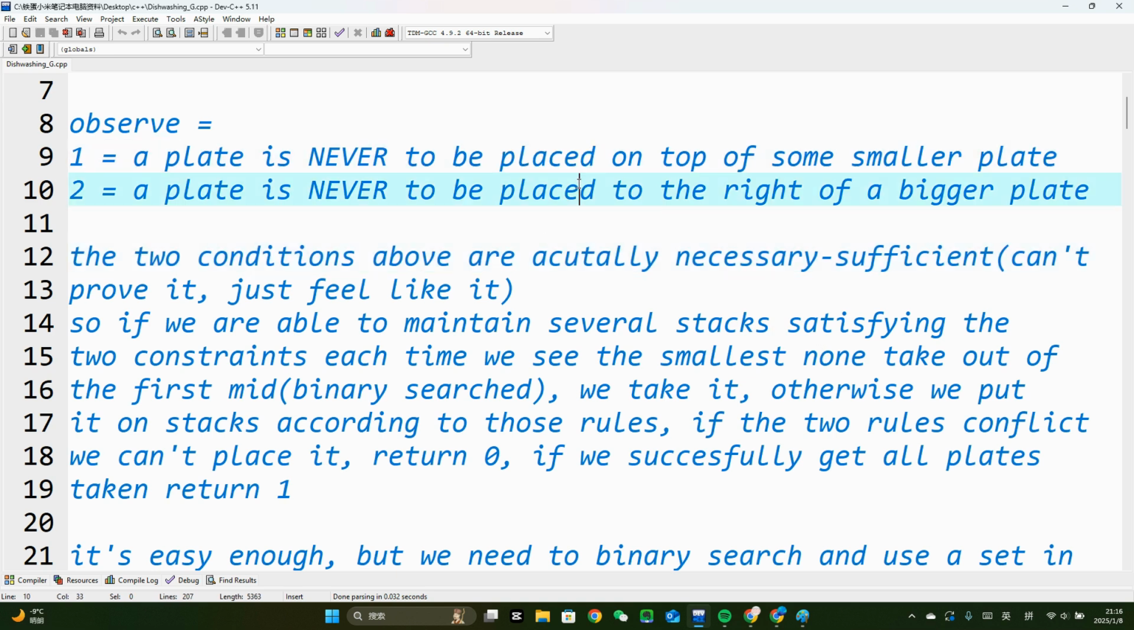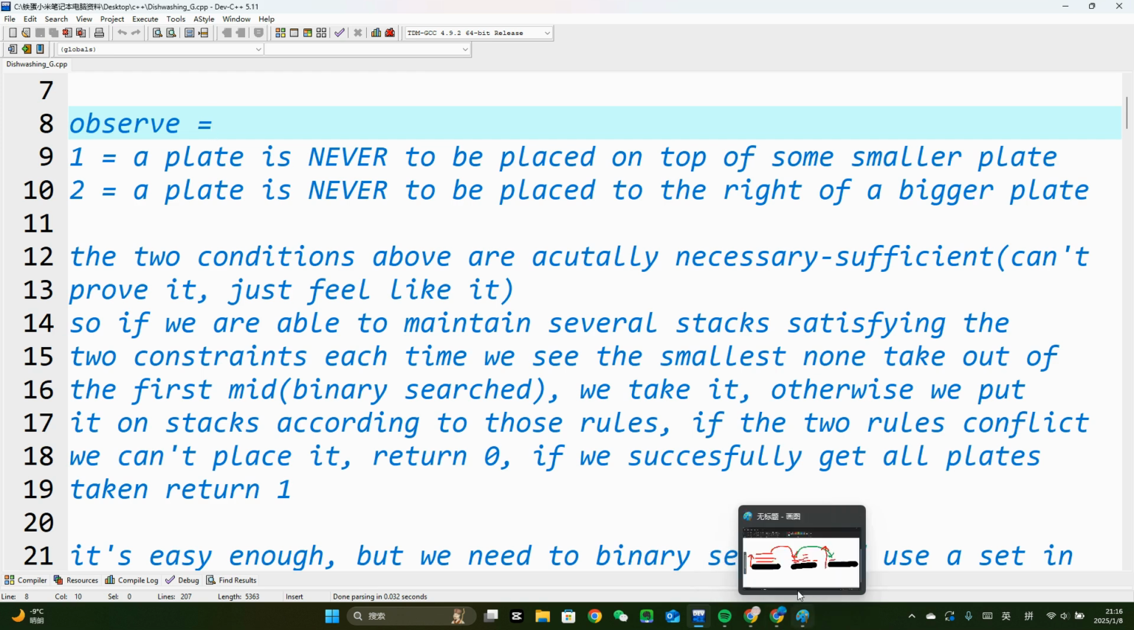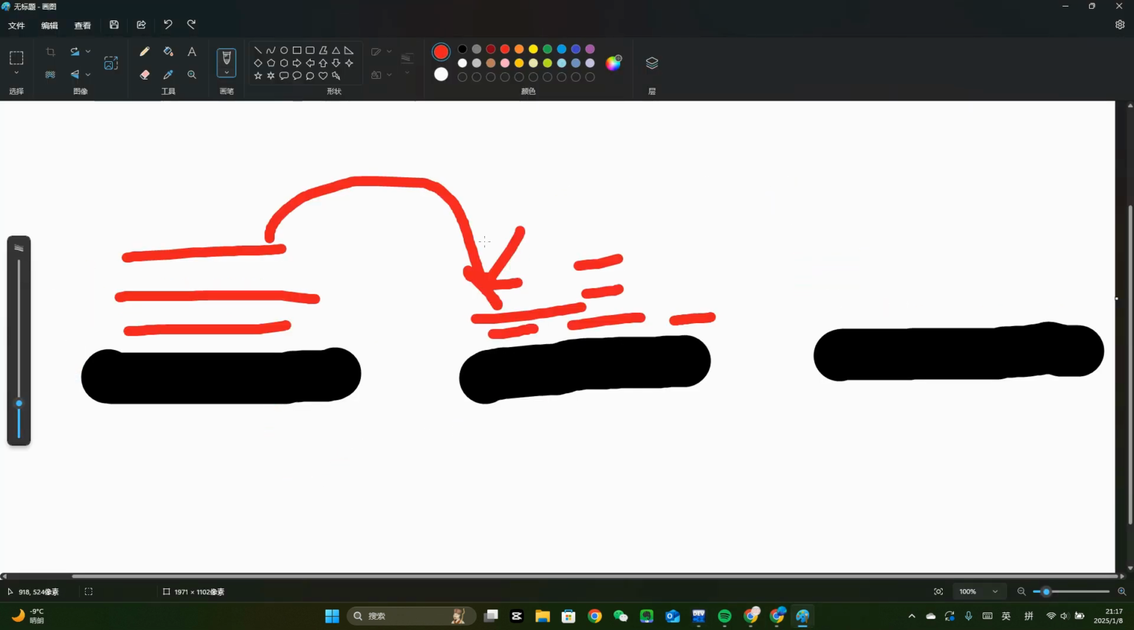And knowing this, we can actually binary search where we put each plate, because it's just going to be the first spot with a plate number bigger than the current one. Because you can't put it on smaller ones, so obviously you can't put it on previous piles, because this is the first spot bigger than the current one. And you can't put it on the right of a bigger plate, so you can't put it on the next pile. So basically what I'm saying here is